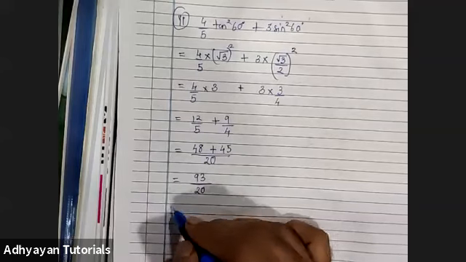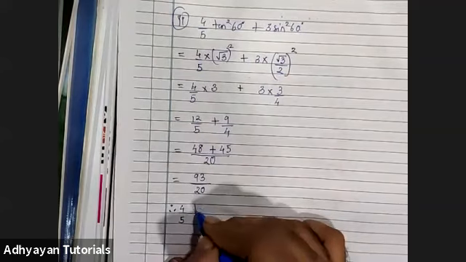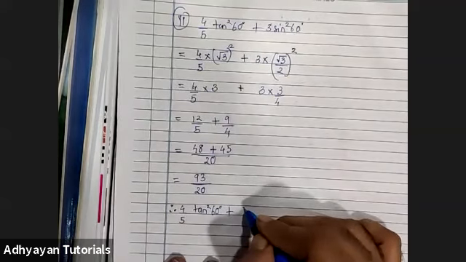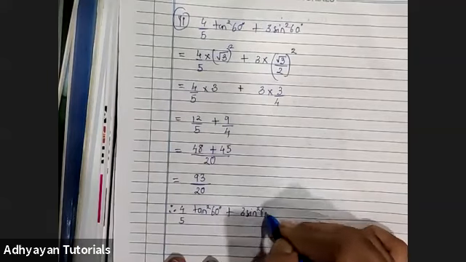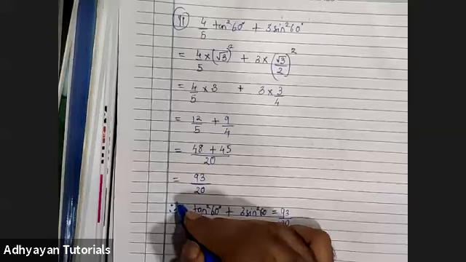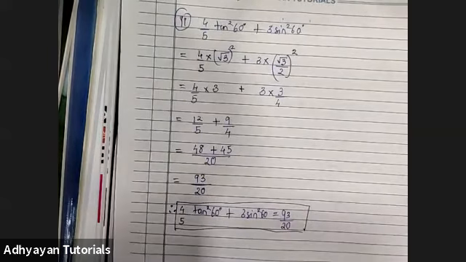So finally what we write is, therefore the question 4 upon 5 tan square 60 degree plus 3 sine square 60 degree is equals to 93 upon 20. Right, children? Just copy the sum. If there are any doubts, just let me know in this particular sum.